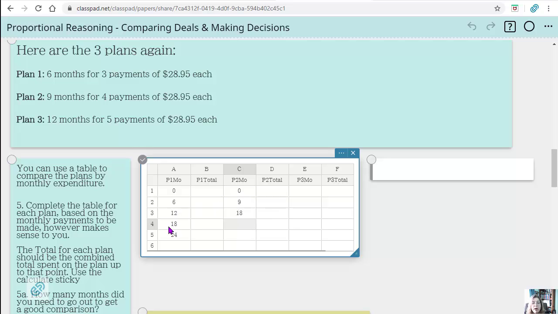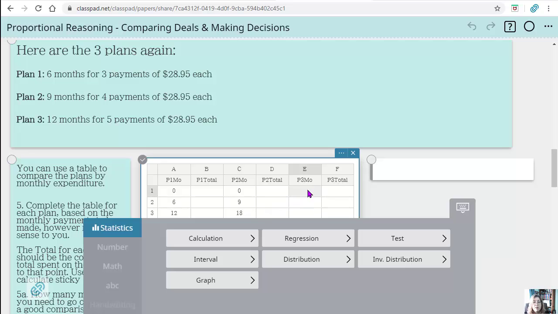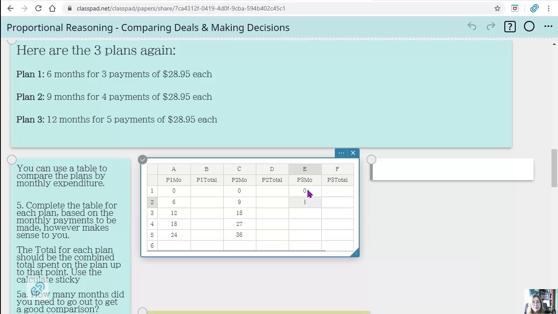And what do I notice right now? Well, at 18 months, I could do a comparison right here between these 2 plans, right? Because they both have a number at 18 months, so that'd be helpful. And this goes to 27, so that doesn't help me with the 24. And then we end up with 36. Okay, so now let's look at plan 3, 0, 12. So I could compare plan 1 to plan 3 at a year out, right? But I'd have a harder time here because I don't have my numbers, so I might want to rethink how I'm doing my months. So 24 and 36.